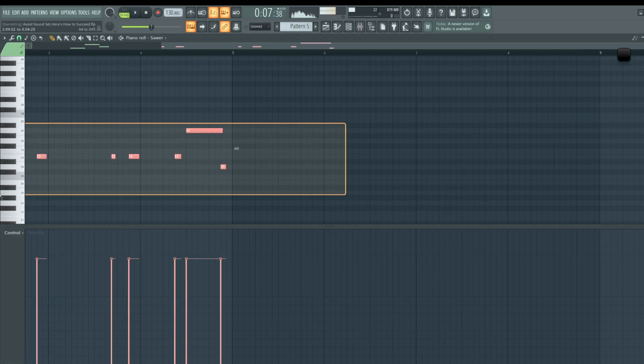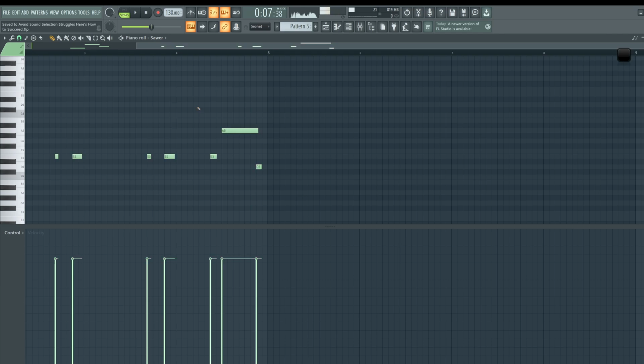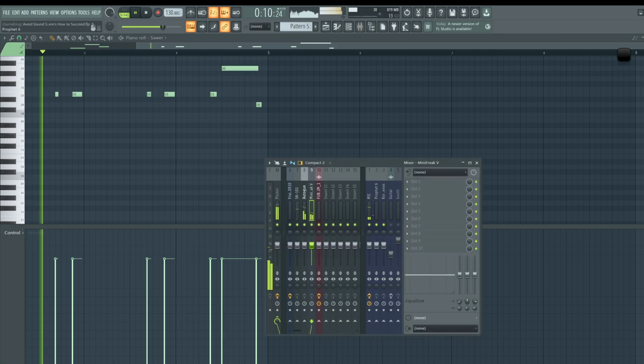If you notice, the top line wasn't above the chords and it was blending in with the bass layer, the contrast layer. So let's separate that.